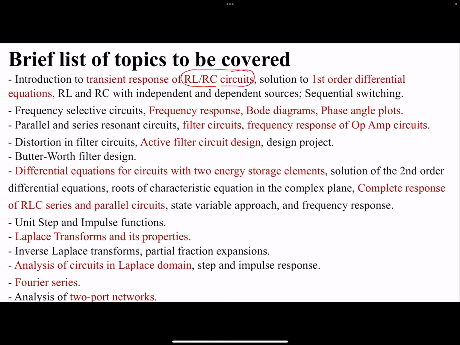We will realize that once we are solving those circuits, they turn out to be differential equations. If you just have one of these elements, a resistor, a capacitor, or an inductor, it is going to come out to be a first order differential equation. We will also cover some circuits where we have a capacitor and an inductor in the same circuit, maybe in series or parallel format. And this is going to become an even higher order differential equation, a second order differential equation. And then we are going to solve some of those equations as well.